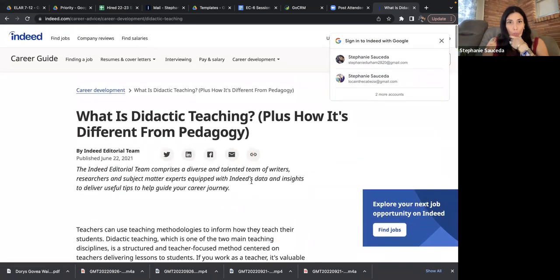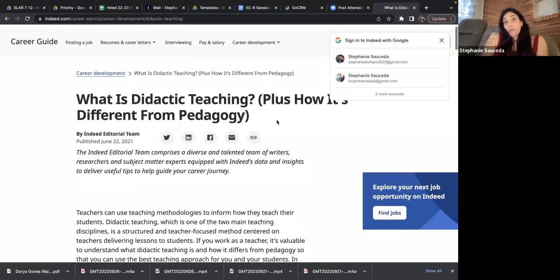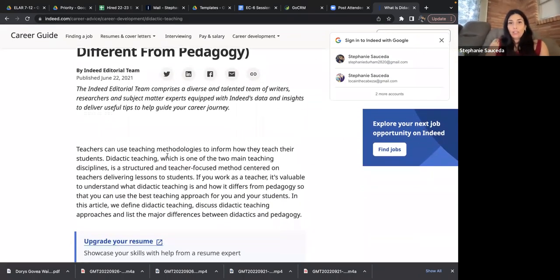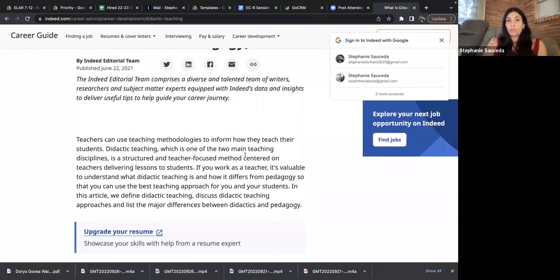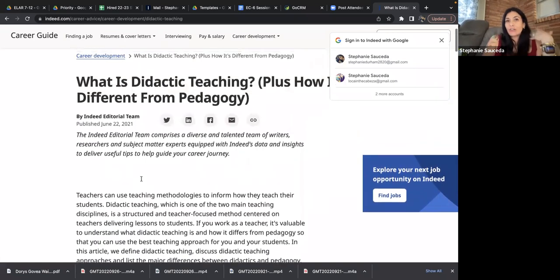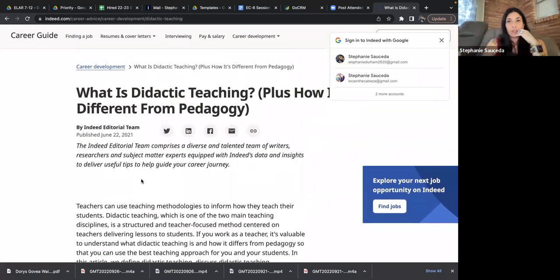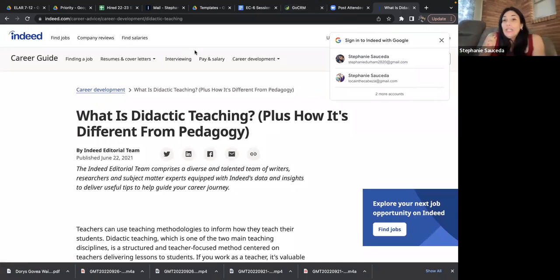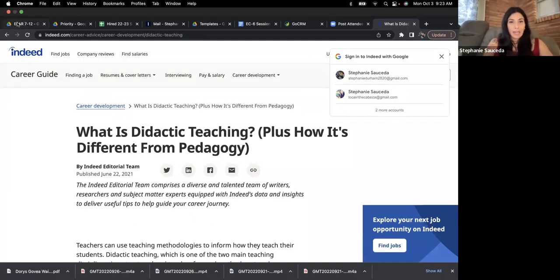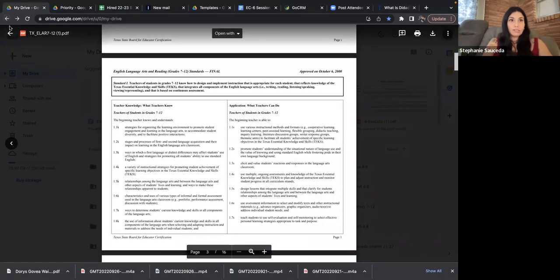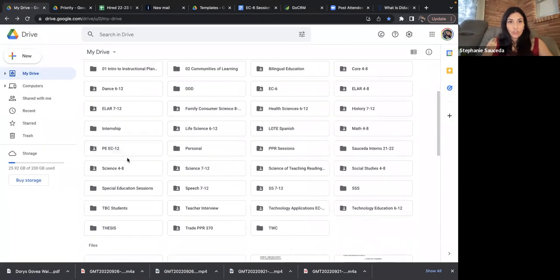Okay, so didactic teaching and how it's different from pedagogy. Didactic teaching, which is one of the two main teaching disciplines, is a structured and teacher-focused method centered on the teacher delivering. It's teacher-centered. And then you have student-centered instruction, where you aren't the center of attention or the main go-to point. What we want instead, and I'll show you a picture that illustrates didactic